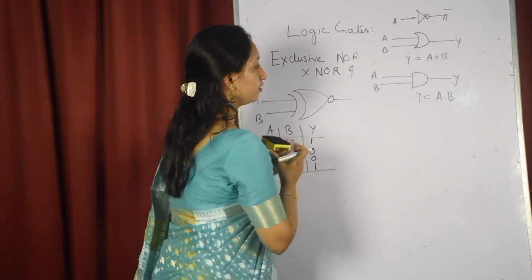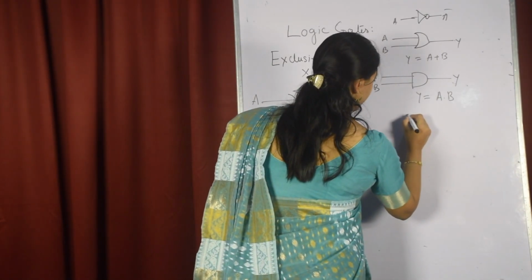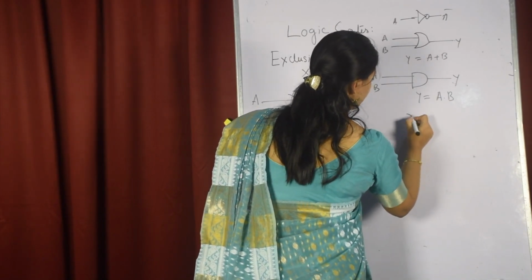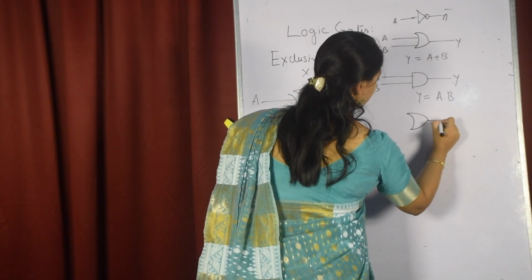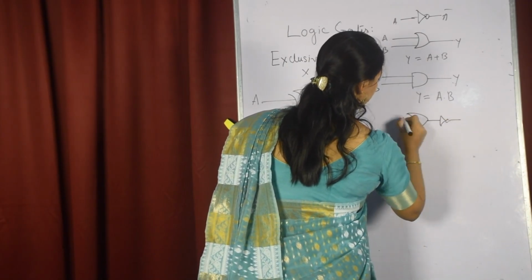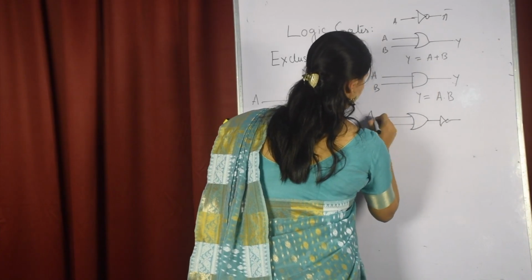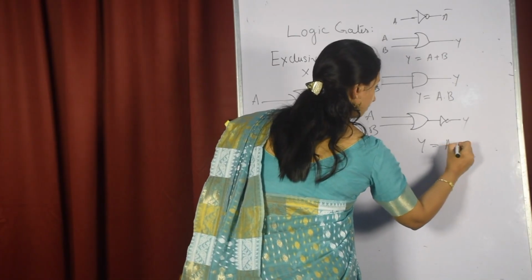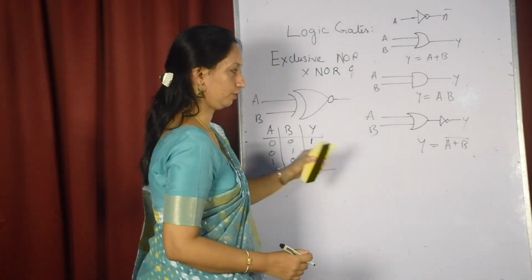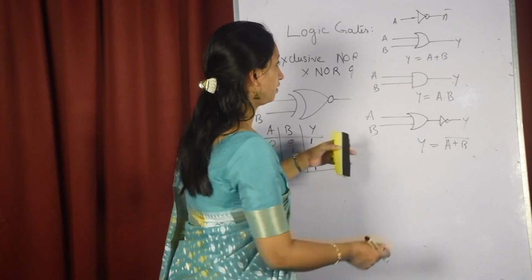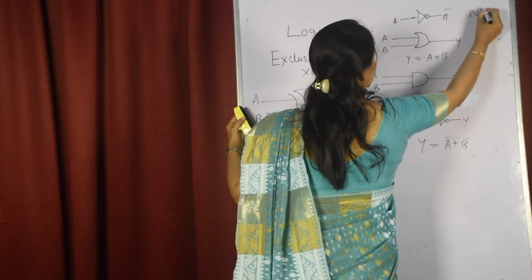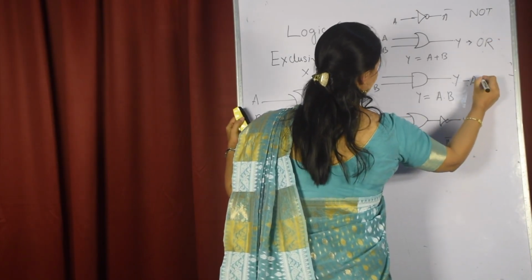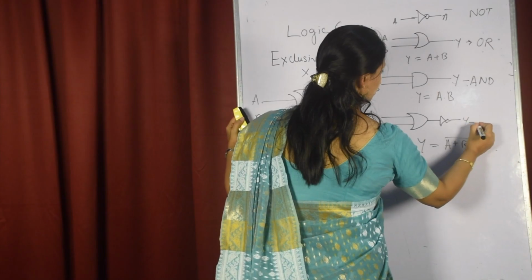Then the fourth gate we have discussed is the NOR gate. In the NOR gate, if we put a NOT gate after the OR gate, then we will get a NOR gate. So here Y is equal to (A plus B) bar. So this is the NOR gate. First is the NOT gate. This one is the OR gate. Here it is the AND gate. This one is the